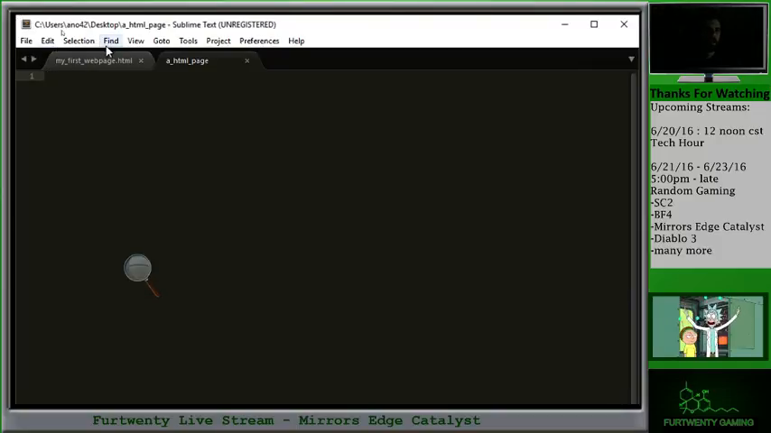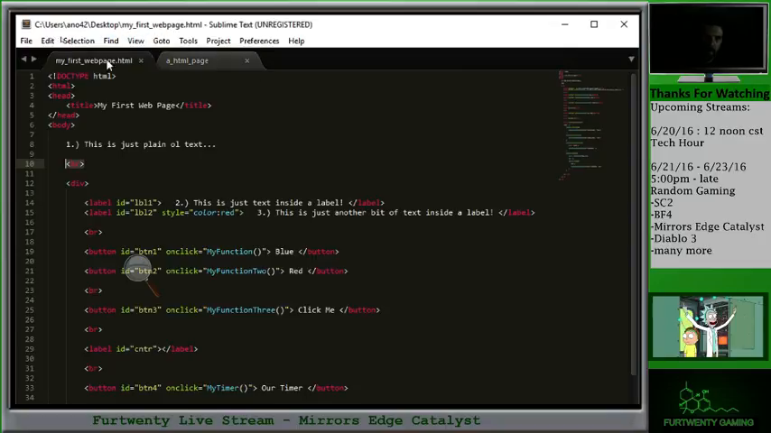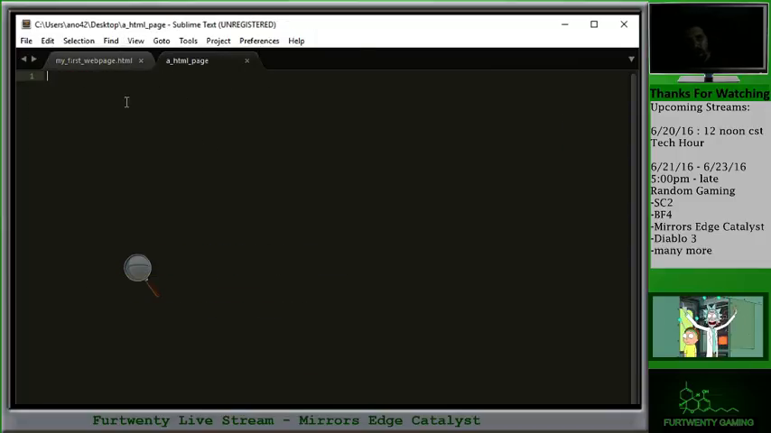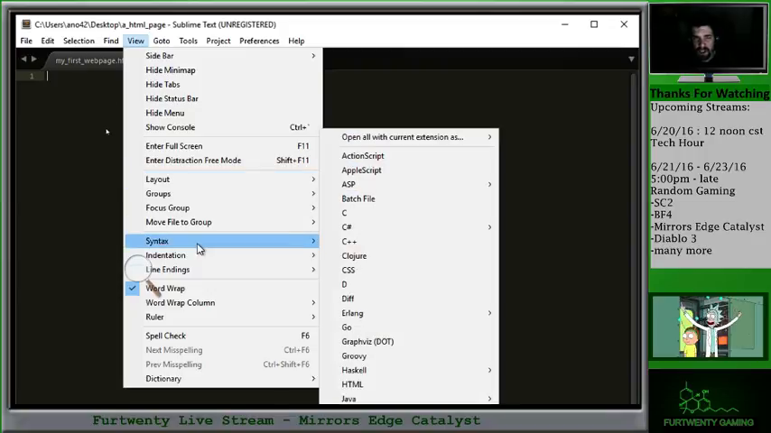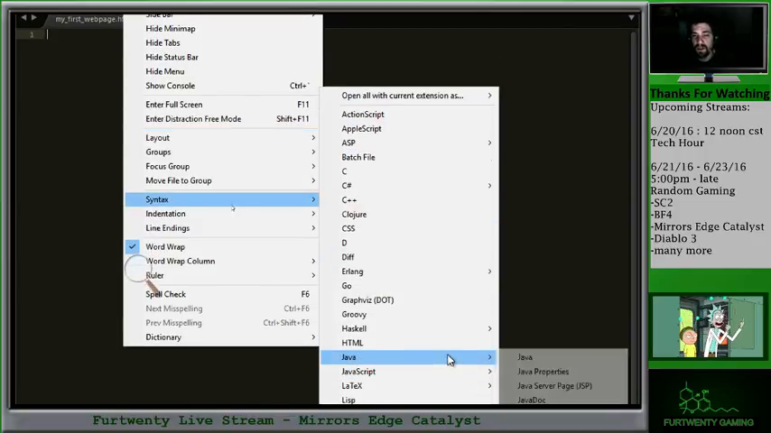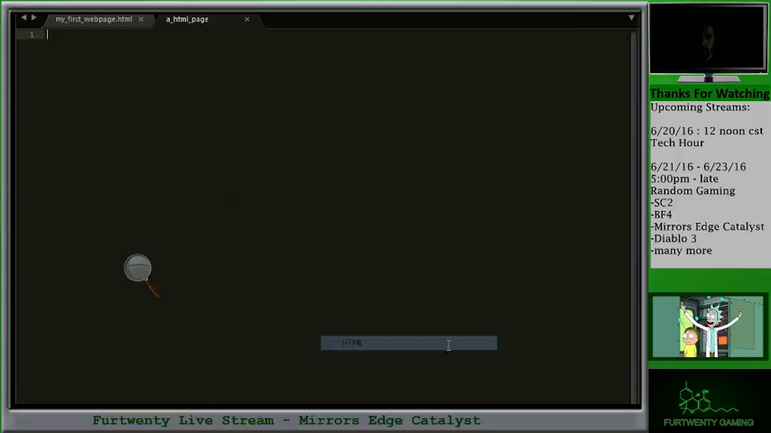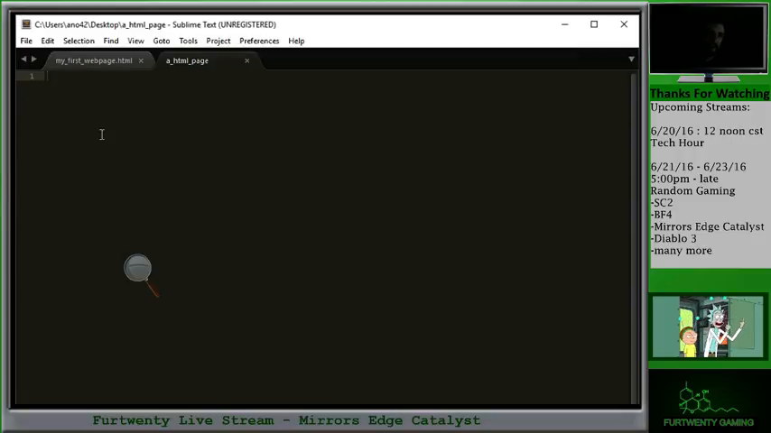And then, if you've never used Sublime Text before, quick note: in order to have this really nice highlighting, you'll notice how label and ID are all different colors. It's called syntax highlighting. If you want to make sure that's enabled, you go up to View, go to Syntax, go down to HTML, and select that, and from that point on, it will